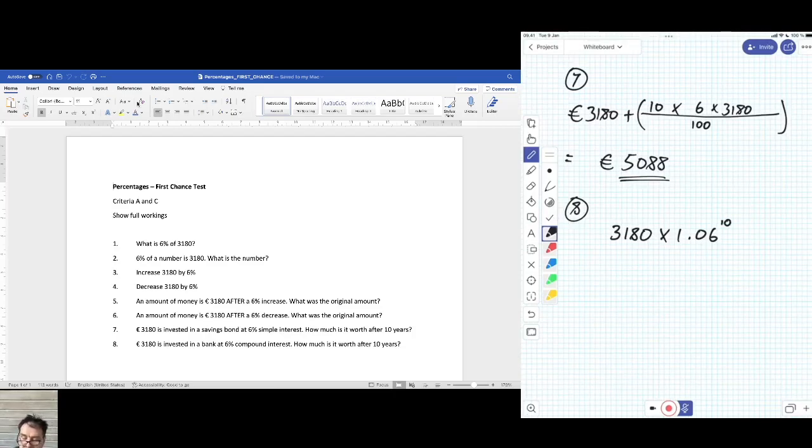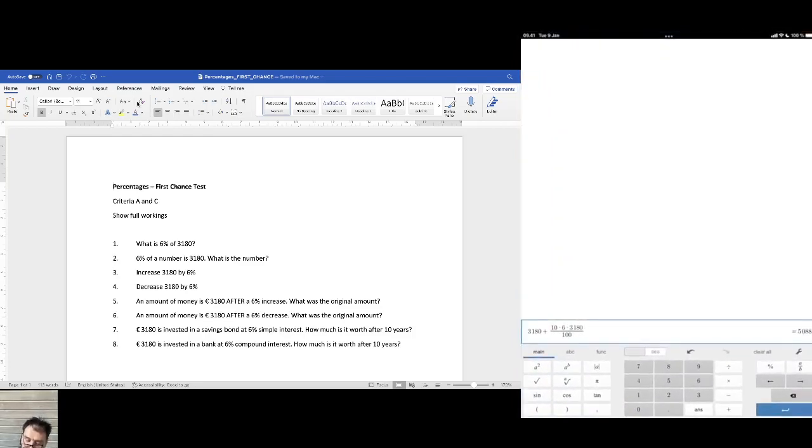So 3,180 times 1.06 to the power of 10. So to the power of 10 is for the 10 years, and the 1.06 is for the original amount plus an extra 6% every year. So the good thing about that is that it's something you can just put into the calculator as a single simple calculation. Clear all that from before. 3,180 times 1.06 to the power of 10,